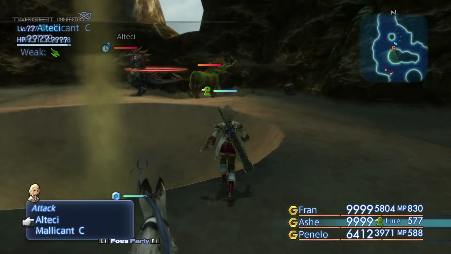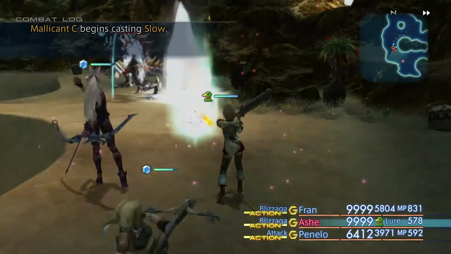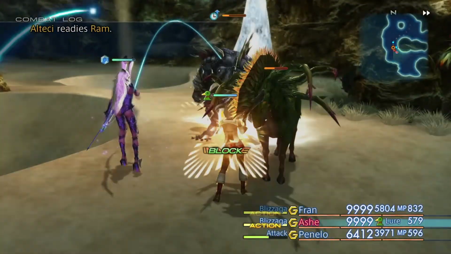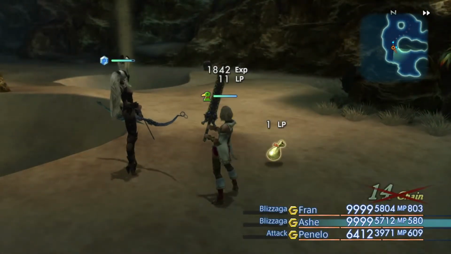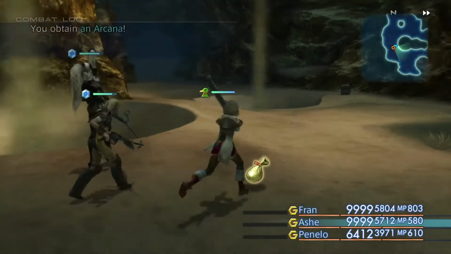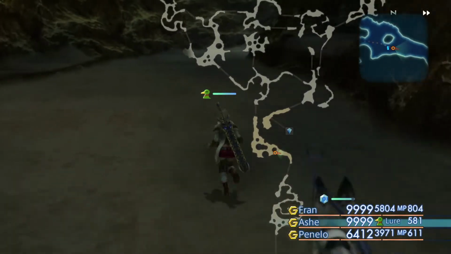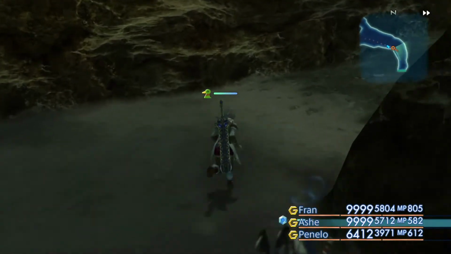Our good old friend Alteci, or Alteci. I always say Alteci. I don't know if it's a hard C or not, but regardless, he does not provide any drops or any steals. He's weak to an element, so he's a joke, as you can see. There's nothing threatening about him because he is weak to an element. If you can handle the Malicants in this area, which you need to spawn him, you can handle him easily with